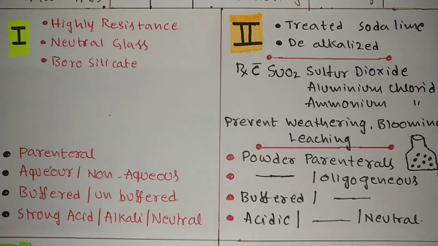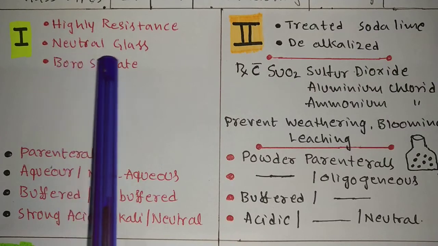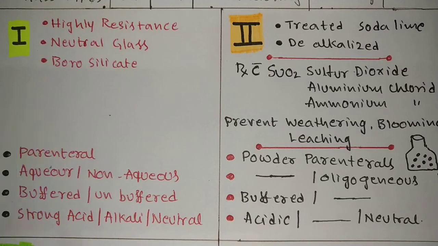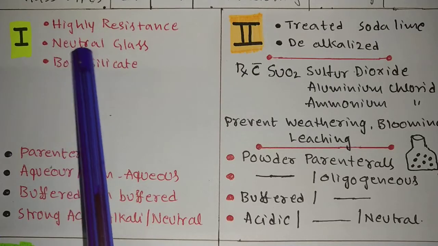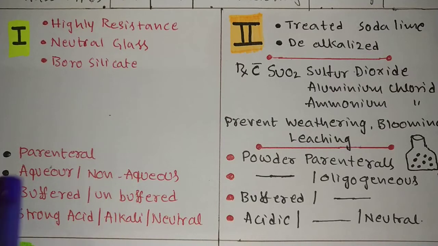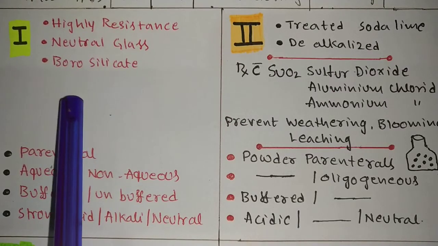6% of boron we are adding to the glass material while we are preparing the ampoules or vials. We are adding boron in the form of boric acid or boric oxide, in order to neutralize the glass materials. That's why this is also called a neutral glass. See here, glass materials are alkali in nature. We are adding boric acid, so the alkali nature will get neutralized. That's why it is called a neutral glass, and that's why there is no problem of leachability in the type 1 glass.